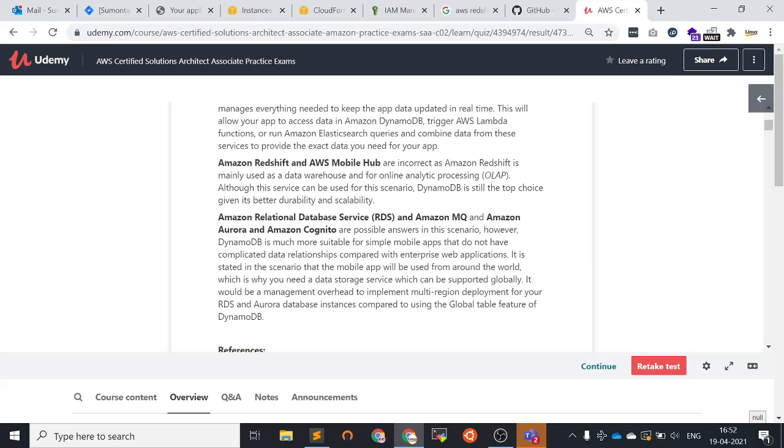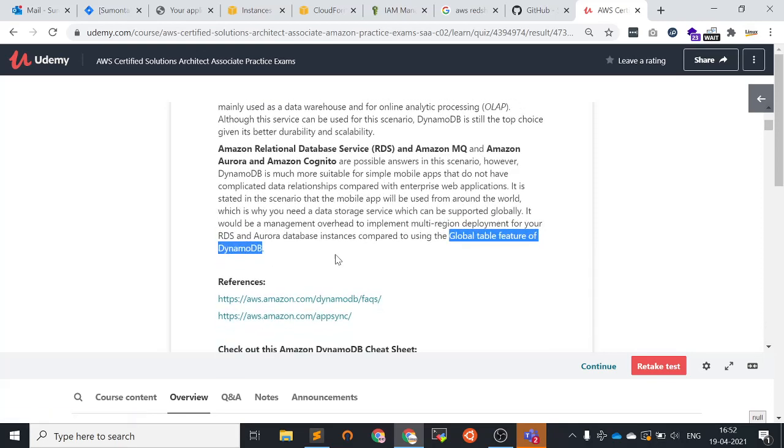RDS and Aurora are region specific, and we cannot use them for our global service because they give high latency. But DynamoDB has the global tables feature, so DynamoDB tables will be accessible globally with low latency, and the table is replicated to all the regions.